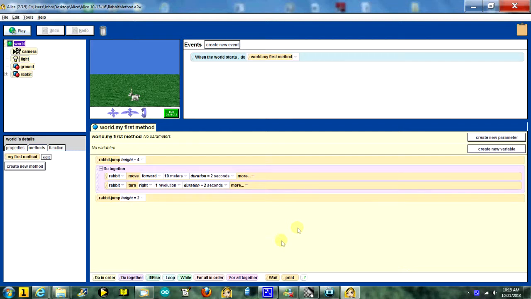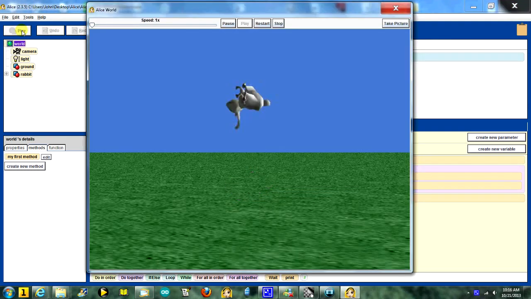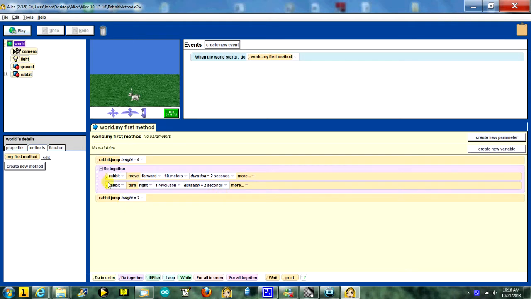Here we have the rabbit program that we saw in class, and it starts off with rabbit jump, height 4, as a method, then tells the rabbit to run around in a circle, and then the rabbit jumps 2 meters. Let's play it, see what it does. Okay, you can see that we've got one method called here twice, and right now I've